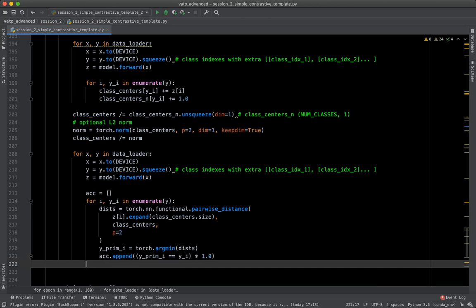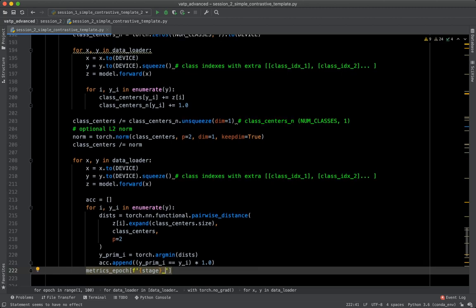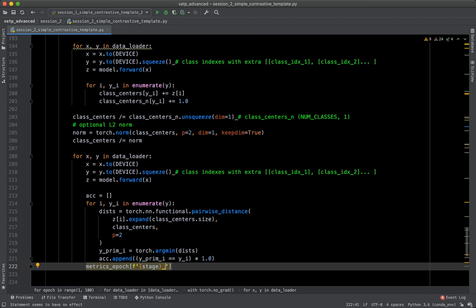So this will be the metrics epoch stage. So the stage is either train or test stage we have, right? But of course it can be in inference. You could use the same procedure. So if you have the enrollment samples and some unknown samples, sorry for my language problems. Then you can use the same procedure basically. But here we are doing the training and testing. So accuracy